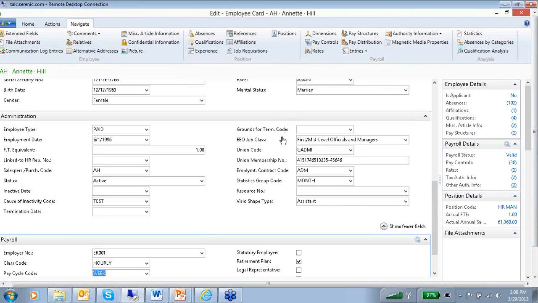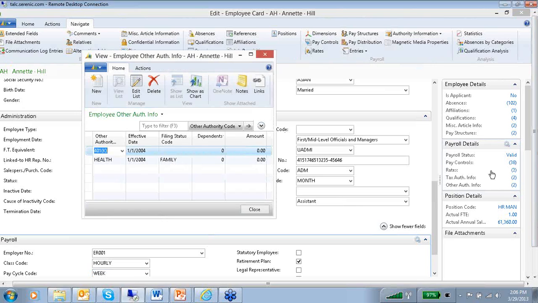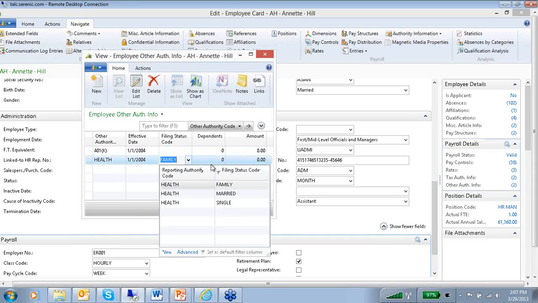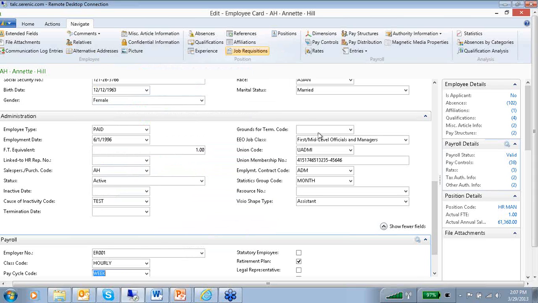on other authority information. So the difference between other authority and rates is a rate has a user-specific, an employee-specific rate, whereas the other authority information can have what we call a filing status. So rather than putting in a rate for a specific rate in the payroll details, we can have one rate stored behind family, married, and single with effective dating. So now we are allowing the employee to select the actual status that's aligned with that employee. So it's a very nice and efficient method of being able to keep track of the different rates and doing